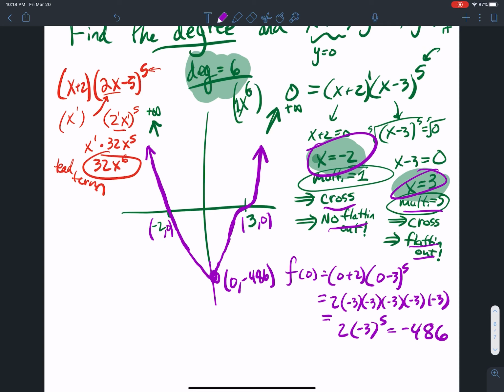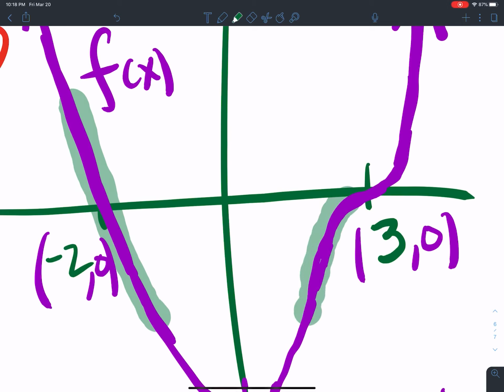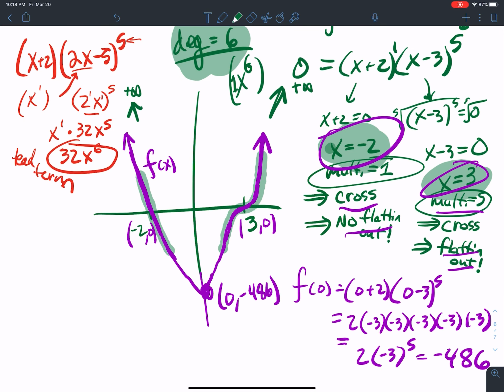All right, so that's my graph of f of x. So the big difference here, when I look at these roots, with this one there's no flattening out. With this one, as I come in, I flatten out at the 0 and then I take off. So the closer I get to the 0, the more flattened out the curve becomes. All right, guys,